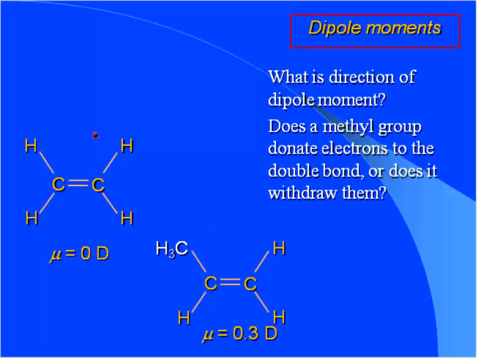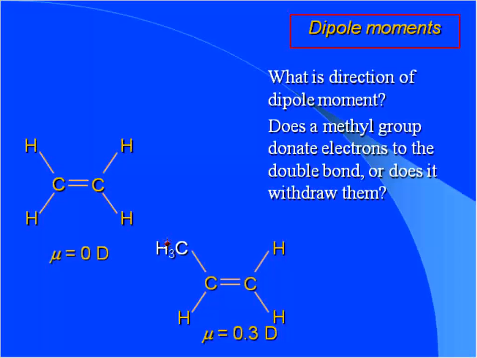You see why I'm talking about this part, because for this it is 0. So if this has got non-zero, it must be due to this CH3. Right? Now the question is, should CH3 be releasing? Releasing electrons means will it be positive, sending the electron cloud towards this side, or should it be pulling electron cloud towards its side and it becoming minus? Dipole moment is a vector quantity,